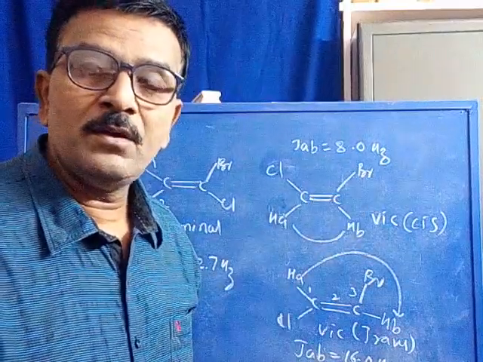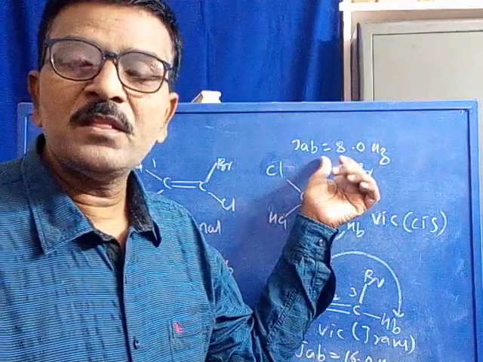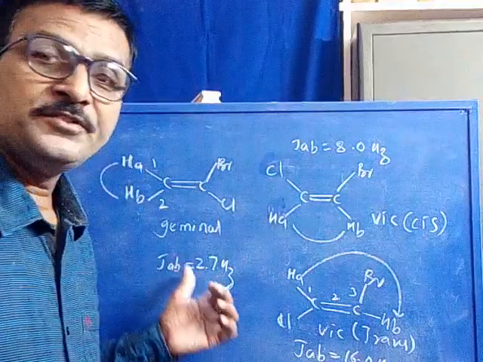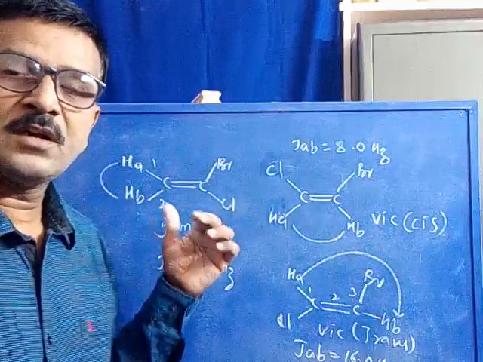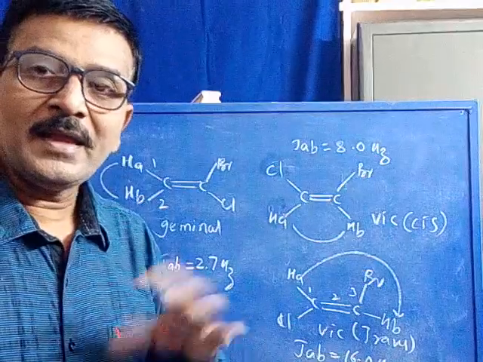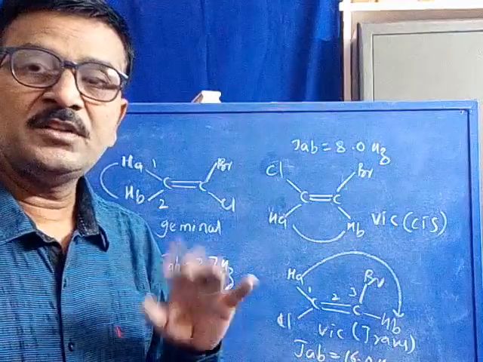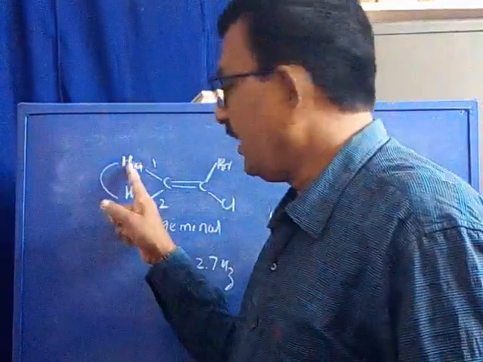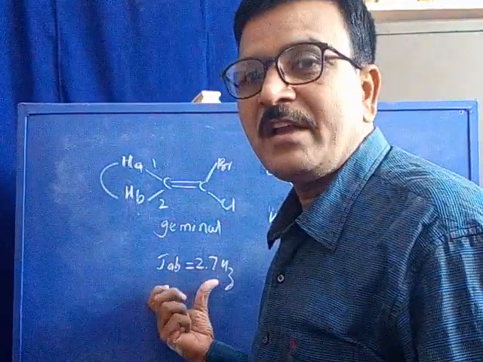Whereas the same molecule in the trans isomer, the J value is 16.0. In the cis isomer, the J value is only 8.0. Coming to the geminal couplings, where the two hydrogens are on the same carbon, there are two bonds which are separated by the AB protons, coupled as geminal couplings. Again, the electrons between the AB protons attached to the same carbon atom are not perfectly in a plane, therefore coupled but weakly coupled. Here the AB protons are coupled but weakly coupled, therefore the J value is minimum.